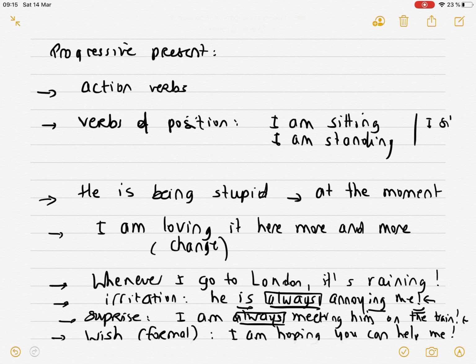Right. And that's pretty much all I have to say about the progressive present. I hope everything helped. Next lesson will be about the past, which is not so different when it comes to using the gerund form or the simple